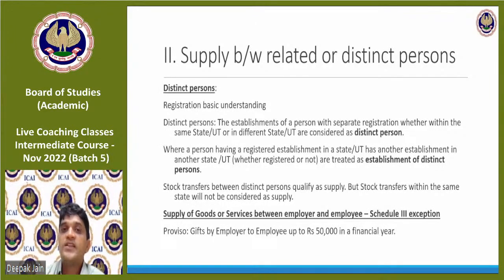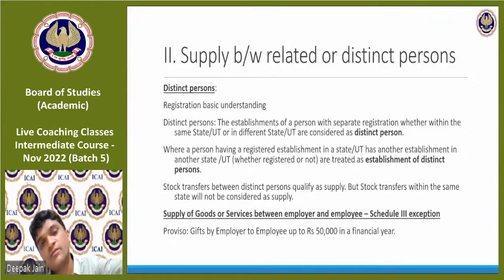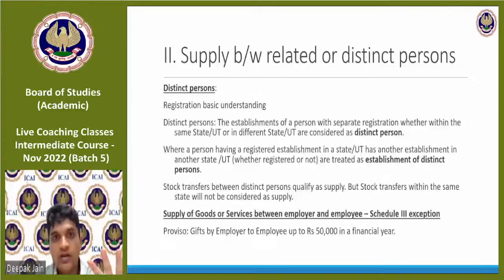But if you want to take separate registration, saying that one entity is exempted entity, one entity is taxable entity, one entity is doing only exports, one entity is doing only supplies to SEZ. Each branch is doing a separate business vertical, and I want to take separate registration, you can take. You can take one registration for one branch, and the other two branches can commonly take one registration, that is also permitted. Okay, so it's your choice whether you want to take or not.